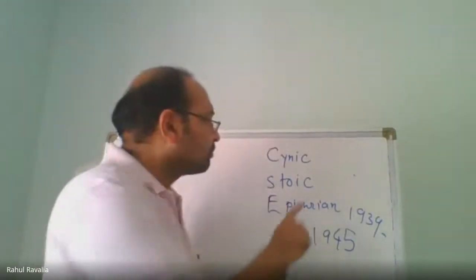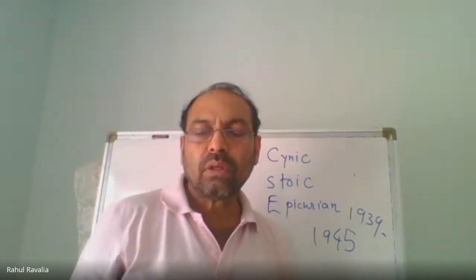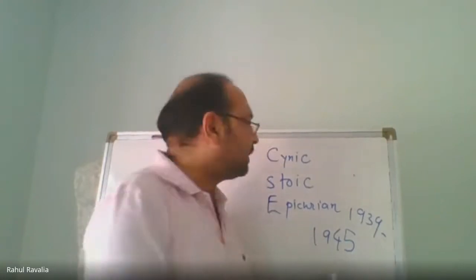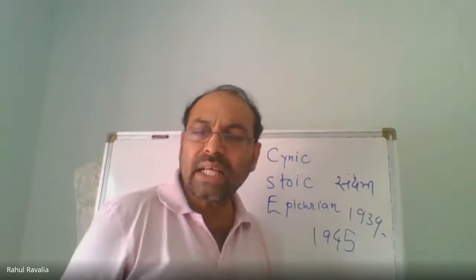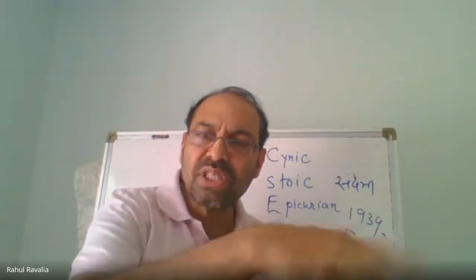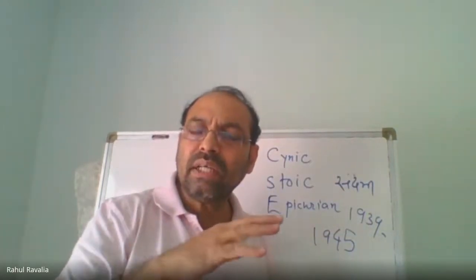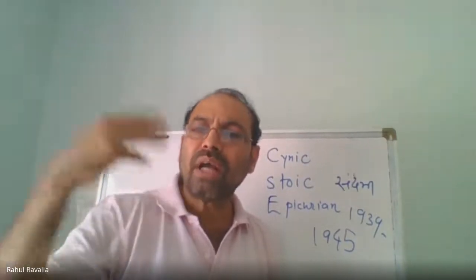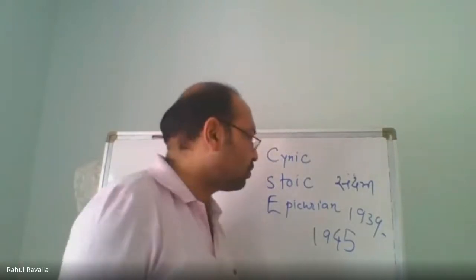Okay. Next is stoic. Stoic means a person who lets go of all kinds of pleasures. We call it in Gujarati, we call it saimi. He doesn't enjoy the pleasures of life. He lets them go. He renounces them. And he goes out of the society sometimes, goes to the forest for penance and for those things. Such people are called stoic.